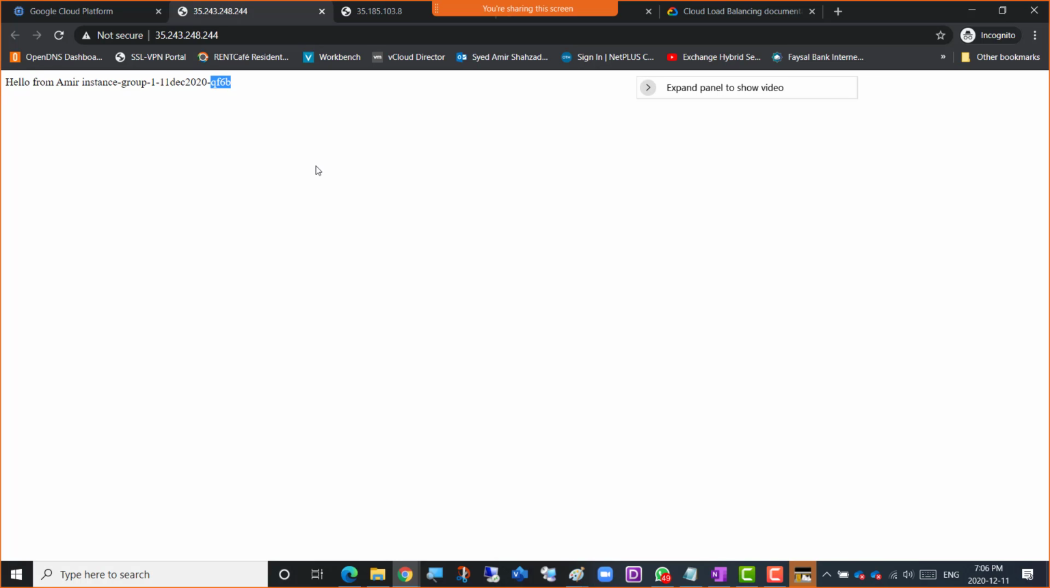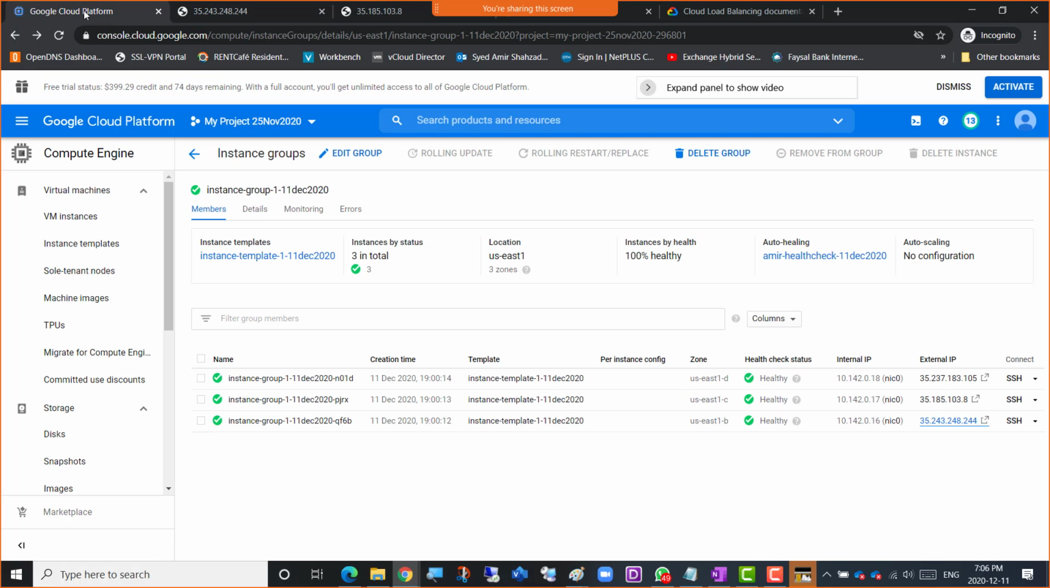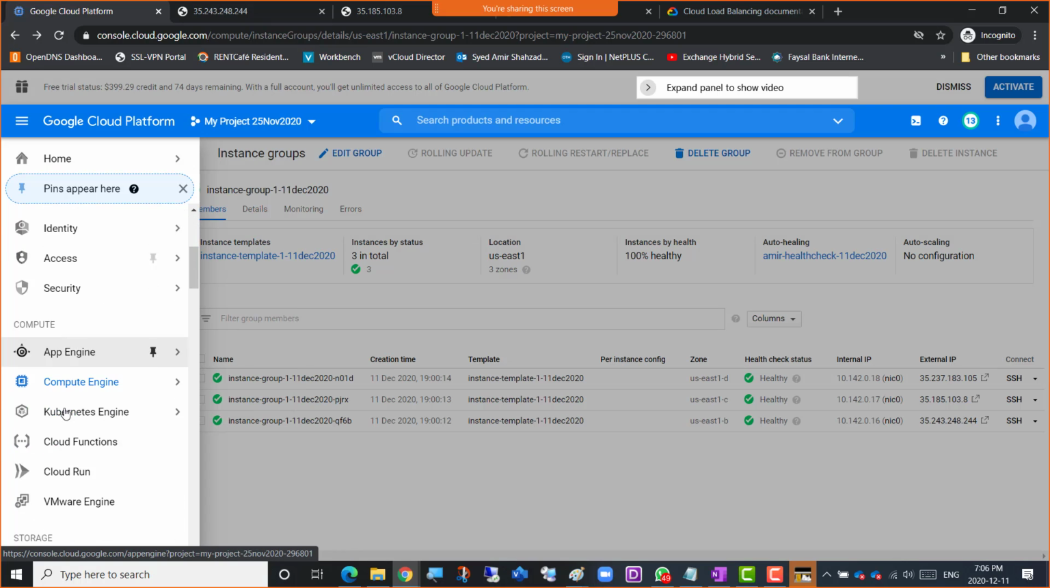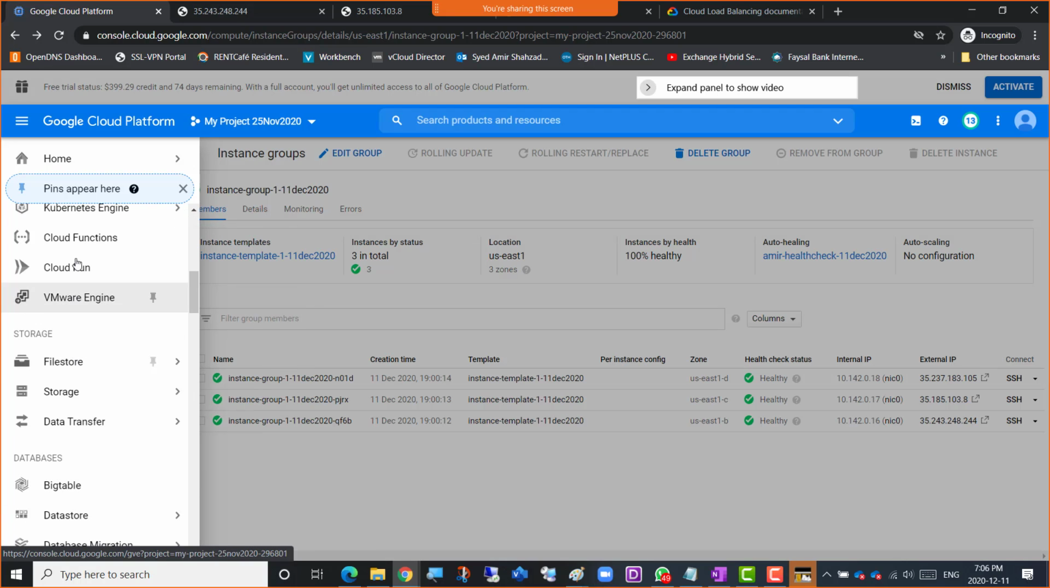Mohammed Saq says in the chat, I lost my page 1 when I click the public IP. So check if you have a back arrow showing there, and you can go back once if the public IP loaded the same page. Otherwise, for me, it loaded another page. So you can click back only once. Otherwise, you can come to the instance group by going to the navigation menu at the top, and then go down to Compute Engine,